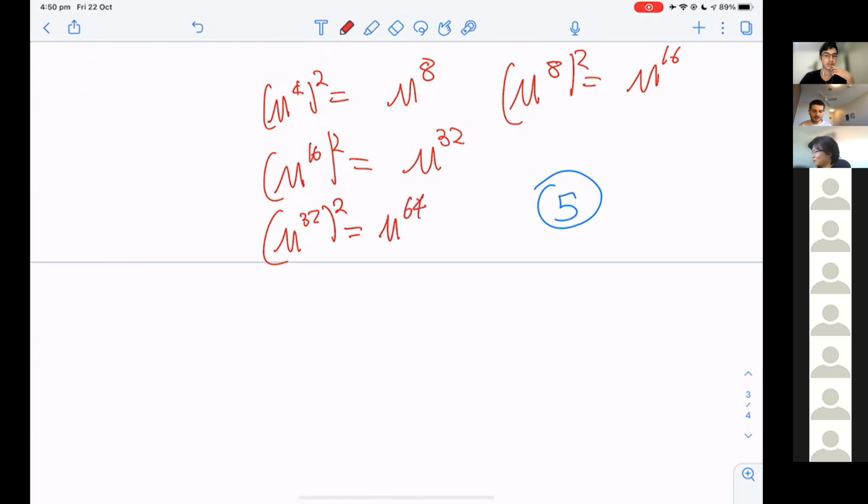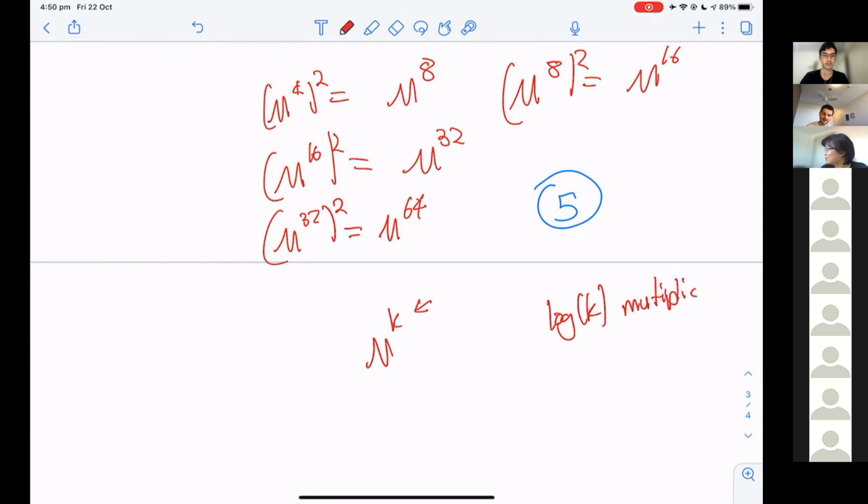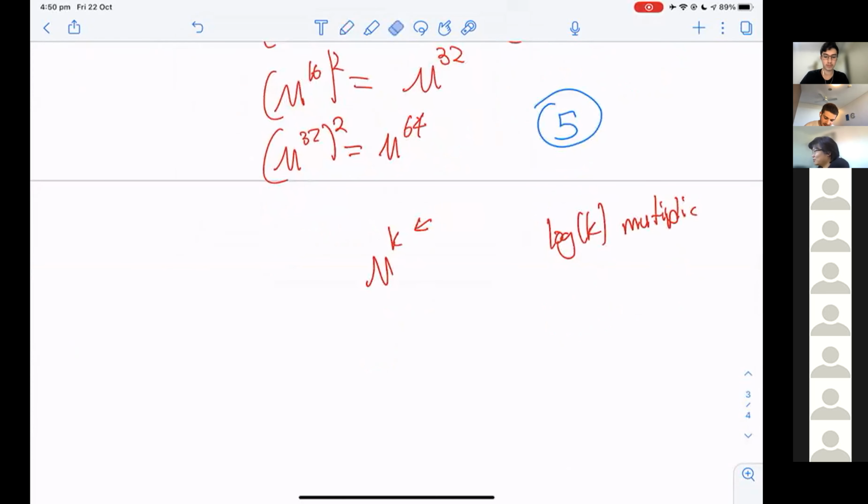We just keep squaring, we keep doubling the exponent. And so if m to the power of k, if k is a power of 2, then we can compute this in just log k multiplications. Because after log k multiplications, we are done. And so in that case, our complexity is just n cubed log k, which is a lot better.